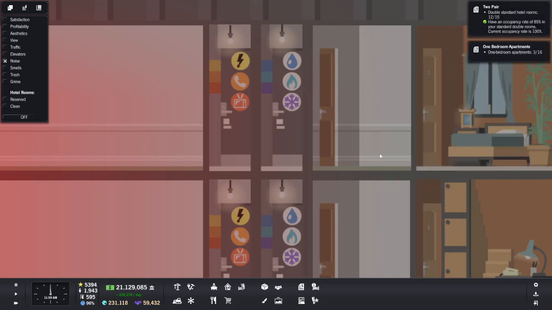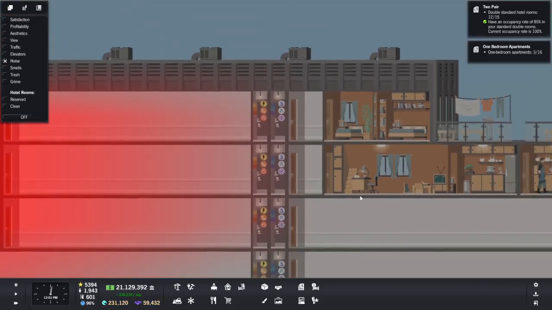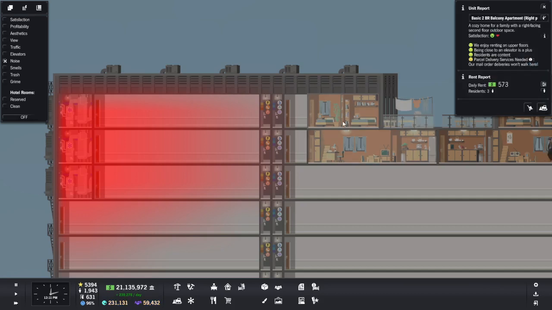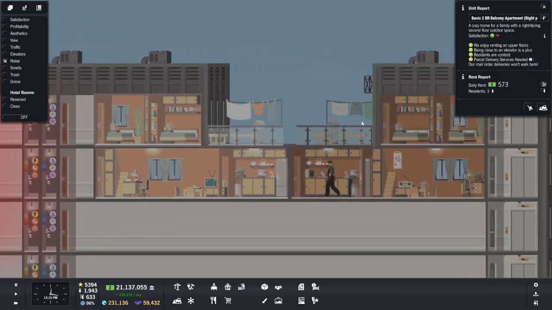All right, now these apartments over here, they were complaining at some point because I did have somebody living over here, and they were saying the noise was crazy. And they're like, well, now here, this is a problem. Now look at this, guys. Look at this, guys. All right, now these guys here are paying $573, and they are saying that we need